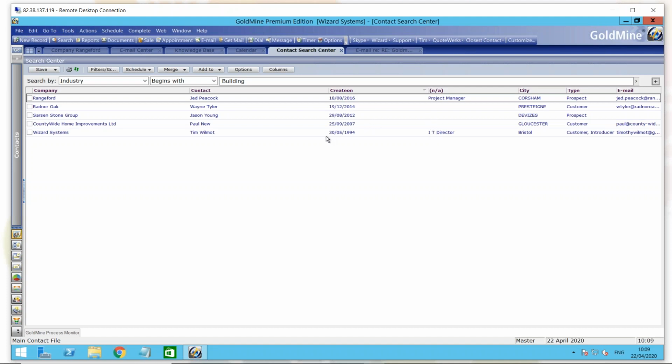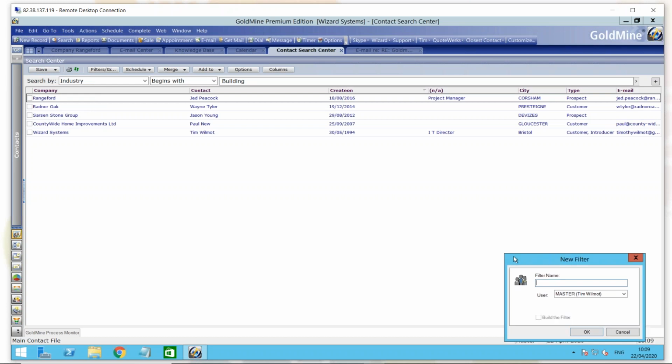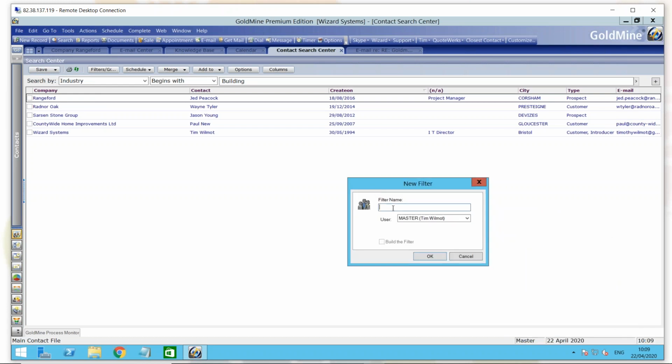So that's the basics of building that filter or building that list. If we want to save that now as a permanent list in our GoldMine system, we would save it as a filter. So we give the filter name something recognizable,